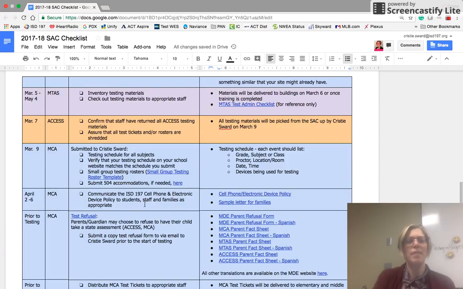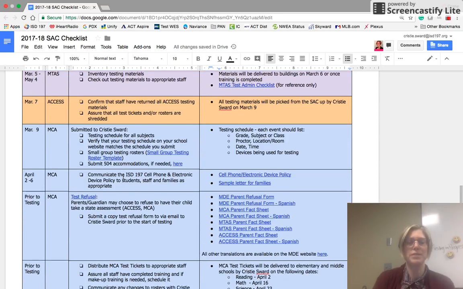19th. On March 9th, you also need to have submitted your small group testing rosters. And if there are any 504 accommodations